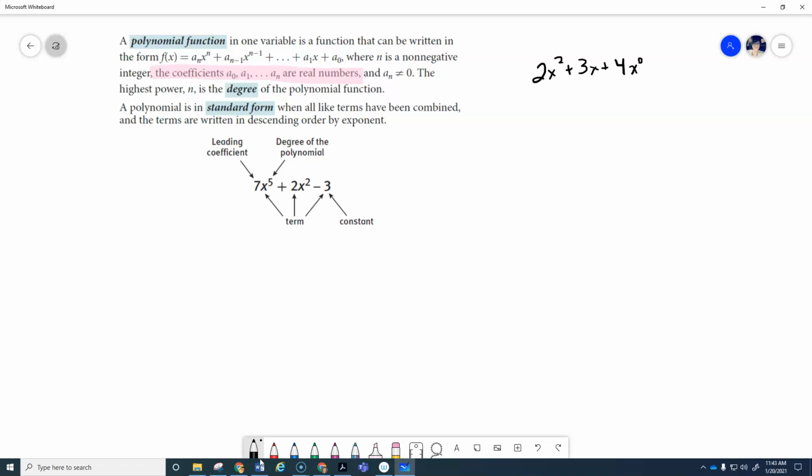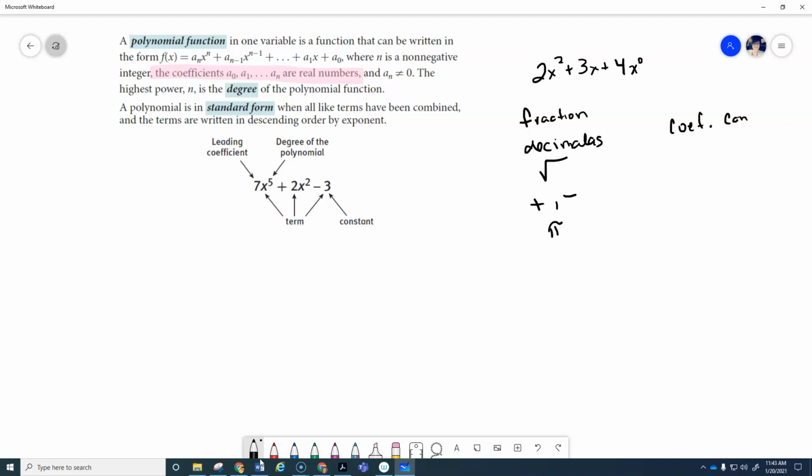So what does it say about coefficients? They have to be real numbers. So that means the coefficients can be fractions, the coefficients can be decimals, the coefficients can be square roots, which are fractions and decimals. The coefficients can be positive and negative. The coefficients can be pi. Pi is a real number. The coefficients can be anything except